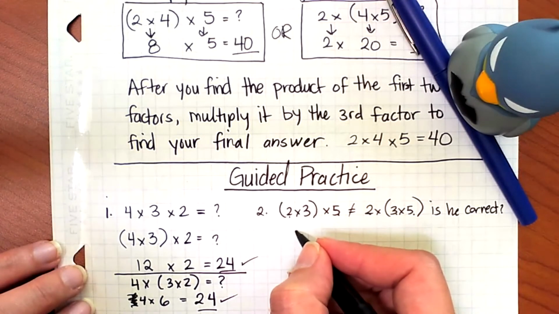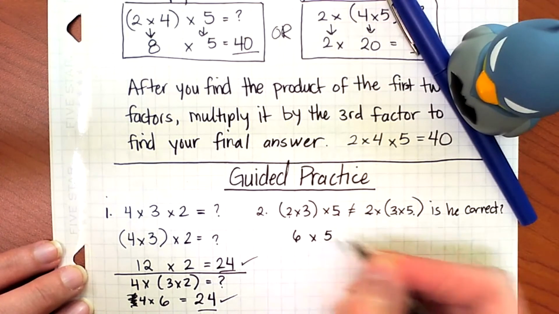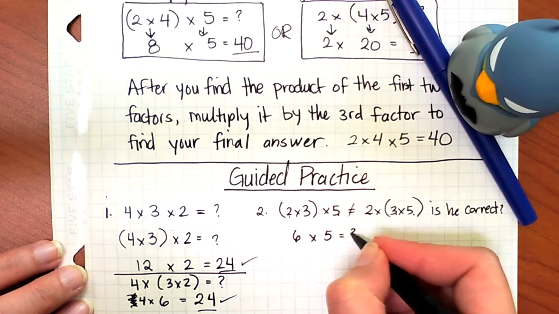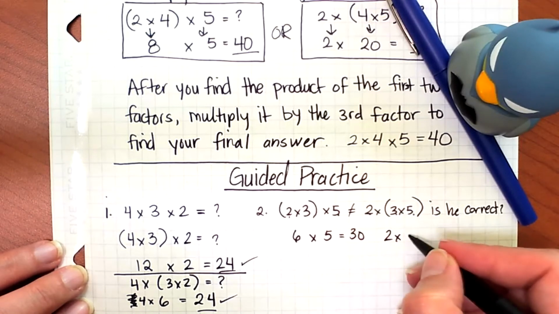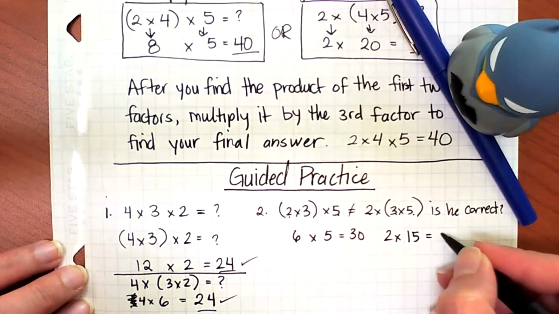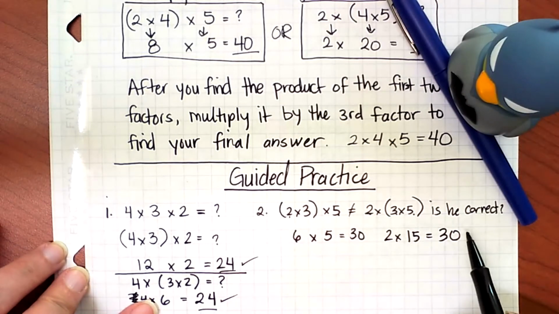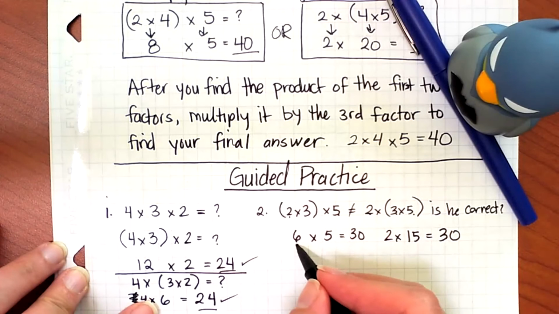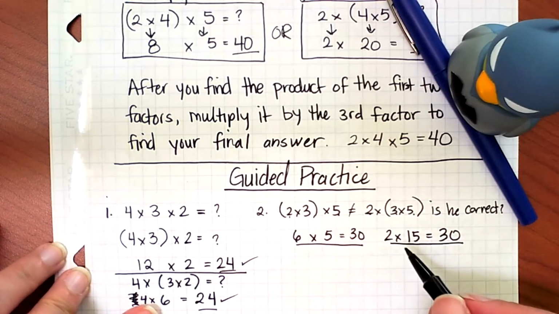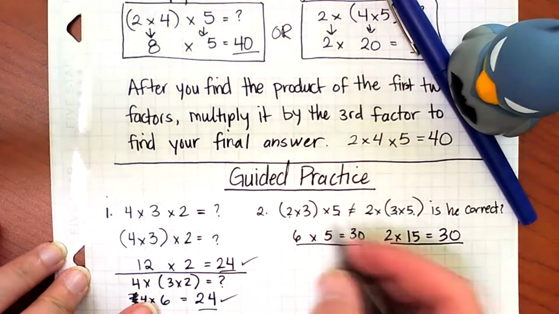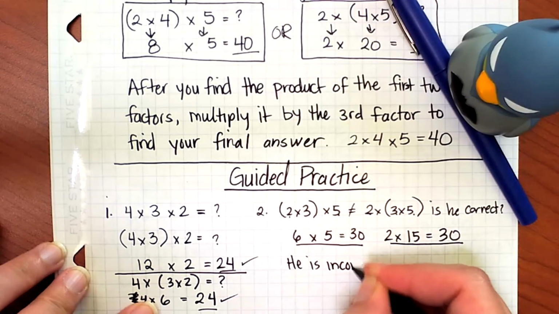So we know 2 times 3 is equal to 6 times 5. So 6 times 5 is equal to 30. Now over here, he's doing 2 times 3 times 5 is 15. 2 times 15 is also equal to 30. So what I did first was I wrote out the problem part. Then I showed using my numbers how I'm going to disprove what he said. And then I can say he is incorrect